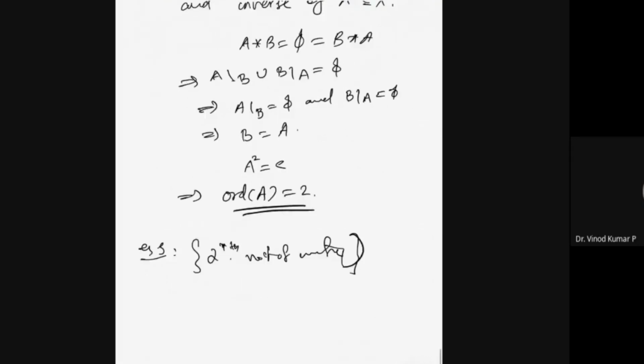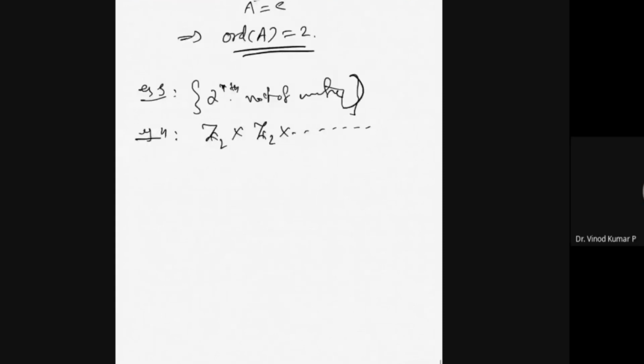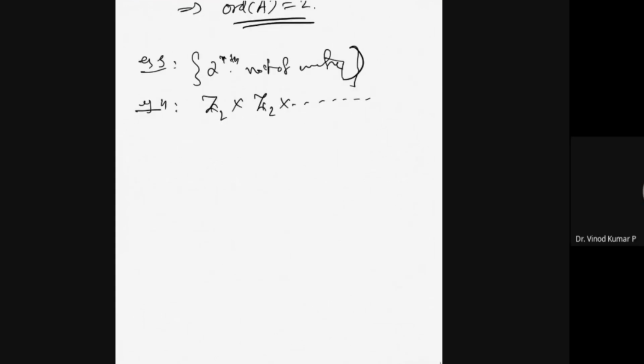This will also be an infinite group where each element has finite order. Maybe one more example I can quickly give. You take Z2 cross Z2 cross etc. This will be another example, and it has nothing to do with 2. You can take any n, and you can find an infinite group where each element has finite order. Okay,